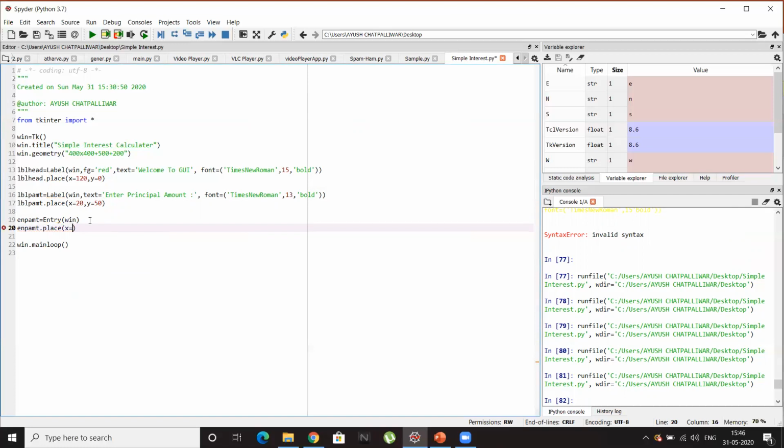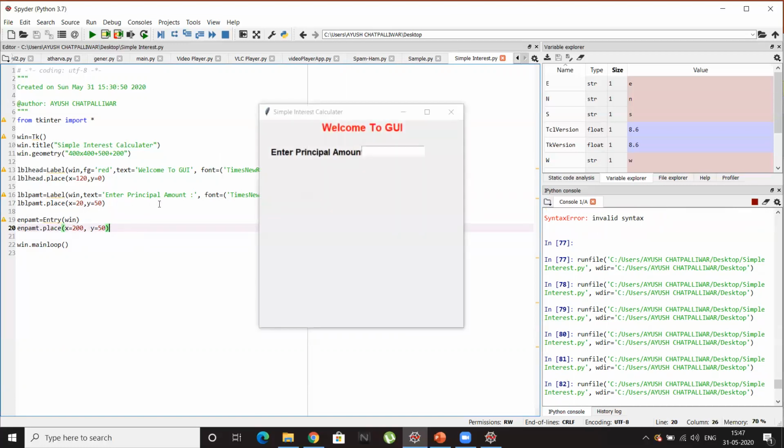Here I'll give x more because I want it to be more towards the right, beyond the center. So let's try 200. And y, I want it at the same height as the label of principal amount. So my y is 50, same as the label of enter principal amount.